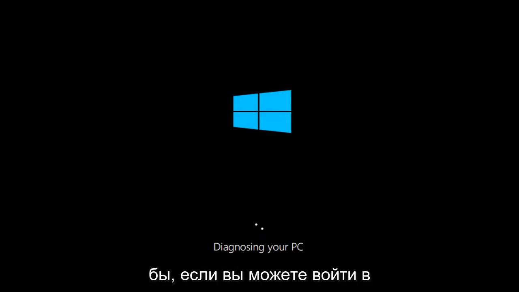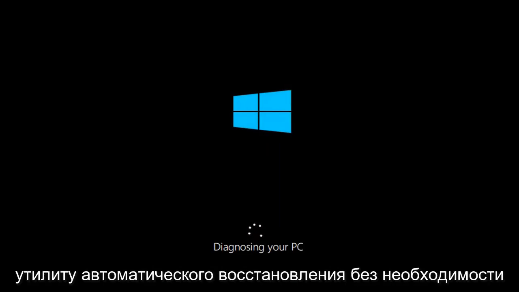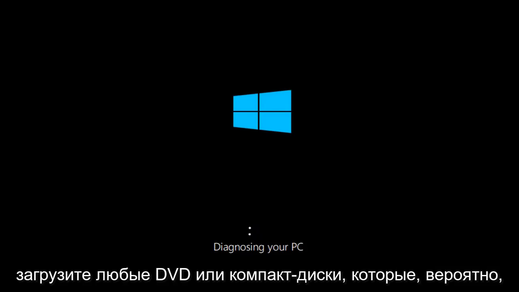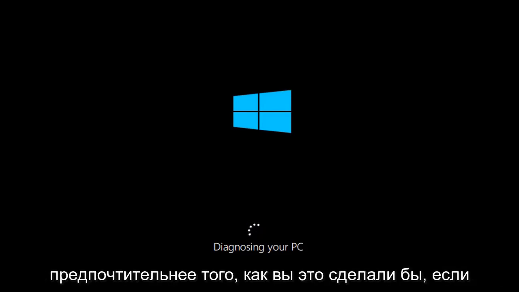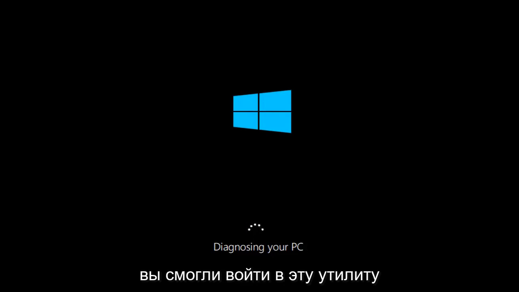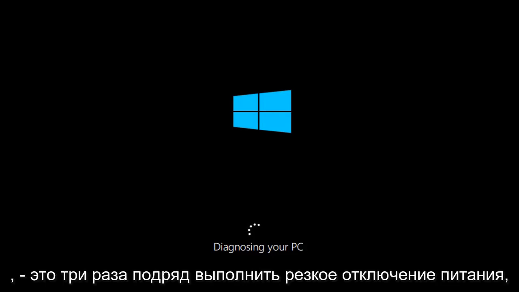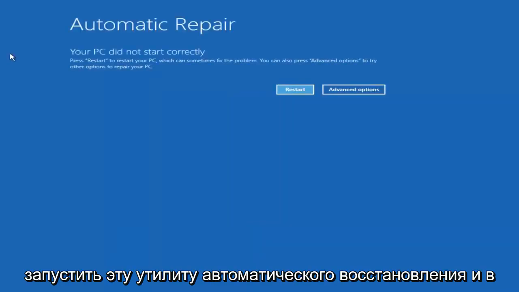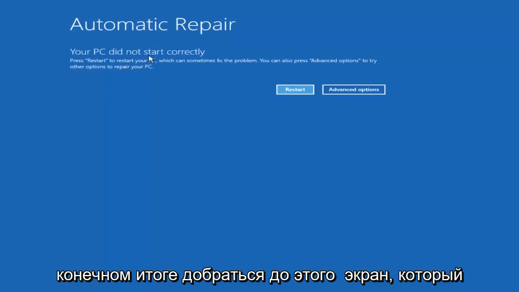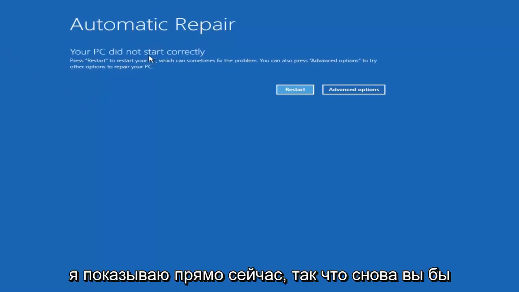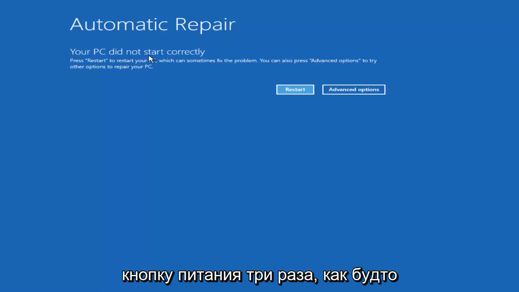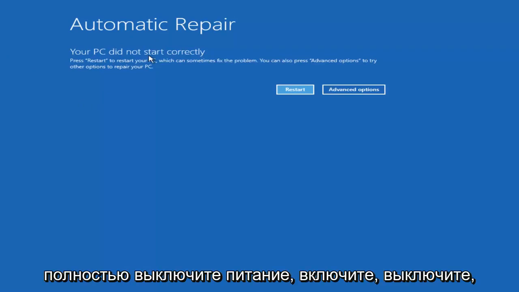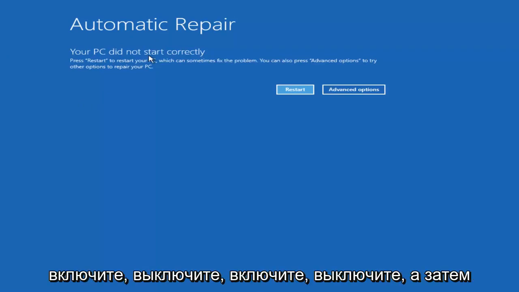So the first thing would be if you can get into the automatic repair utility without the need to download any DVDs or CDs, that's probably preferred. The way you would do that, if you were able to get into this utility, would be to do a hard power off 3 times in a row. That should automatically launch this automatic repair utility, and we'll eventually get to the screen that I'm showing right now. So again, you would do a hard power off, so press your power button 3 times, just like do a complete power off, turn on, turn off, turn on, turn off, turn on, turn off, and then hopefully it would